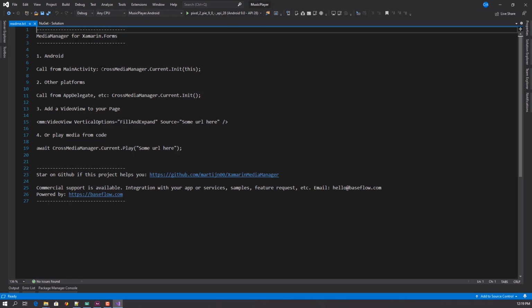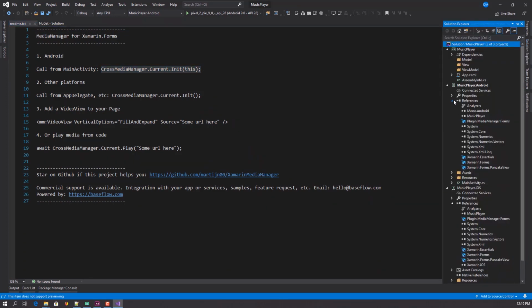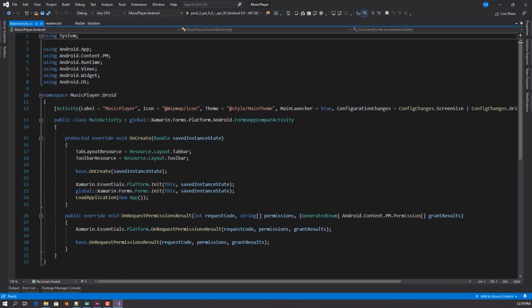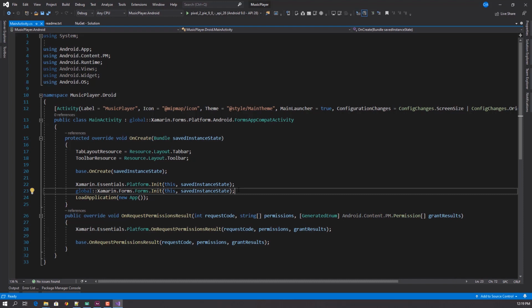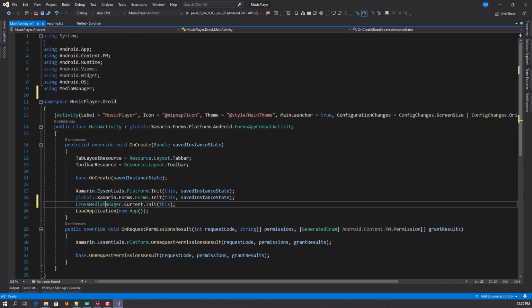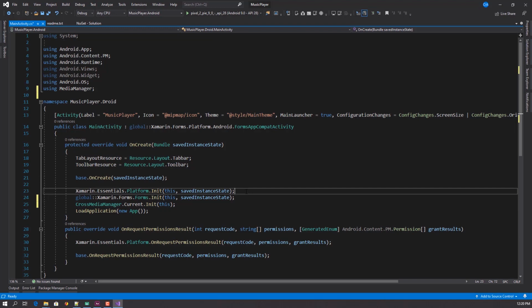So let's go ahead and copy this. Let's go to the main activity. Right immediately after the initialization of Xamarin Forms, we want to put this. Let's resolve this namespace. Alright, so now that this is done,